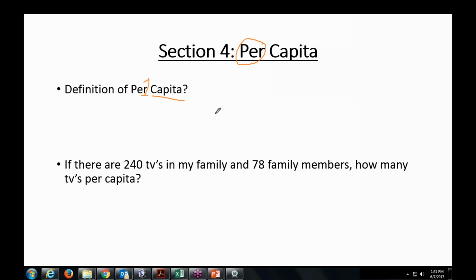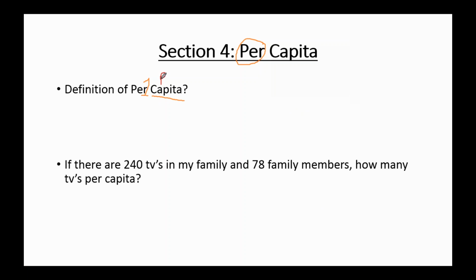That's important. Okay, so per capita means per person. So when you're talking about anything per capita, per is also going to tell you kind of a division bar. So when we're talking about something per capita, you're going to put whatever it is you're talking about, so I'm just going to call it something. Something, per implies the fraction bar, and then the people are going to go on the bottom. So it's just very, very important that you put the people on the bottom.